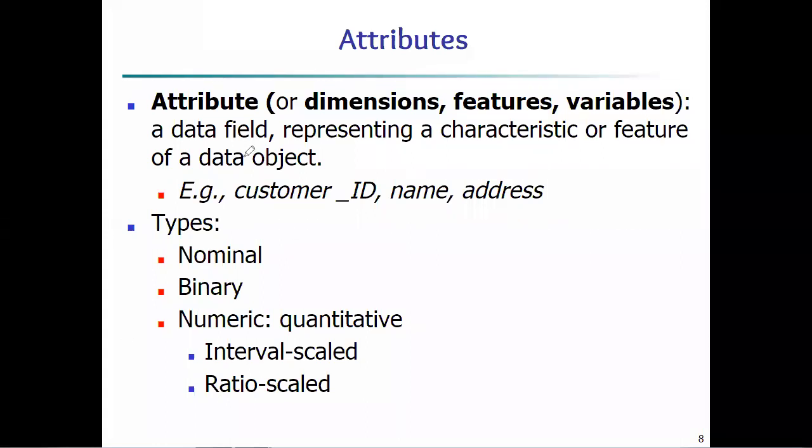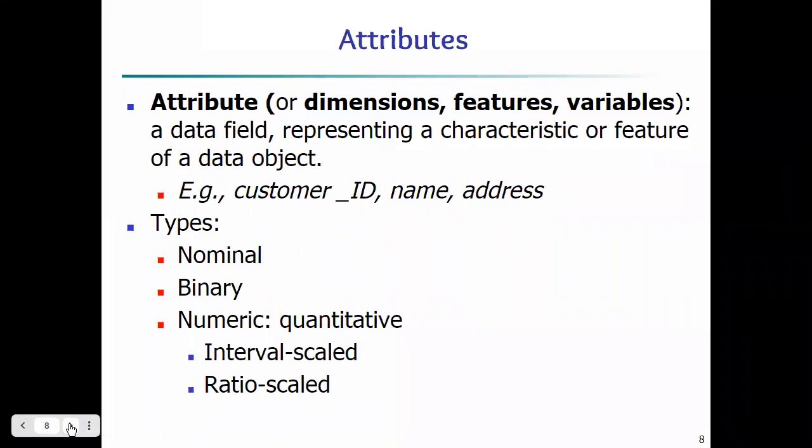Fine. So now the most important point in that is types of attributes. These are a very important part. The types of attribute are nominal attribute, binary attribute, and in numerical there will be quantitative, which has two parts, interval scale and ratio scale. What exactly it is, we'll see in detail. These attributes are very, very important. Questions are always asked on this, whether it is online or offline, so you should know the types of attribute. You should know the technical terms used in data mining. Okay, fine. So we'll see one by one.